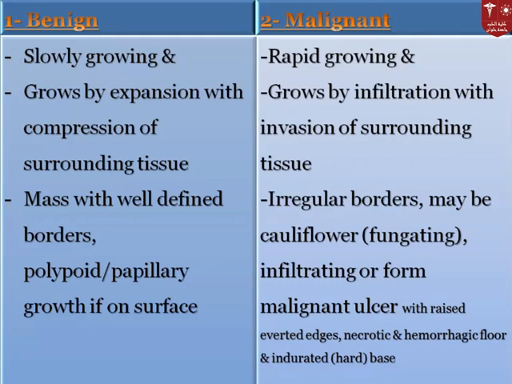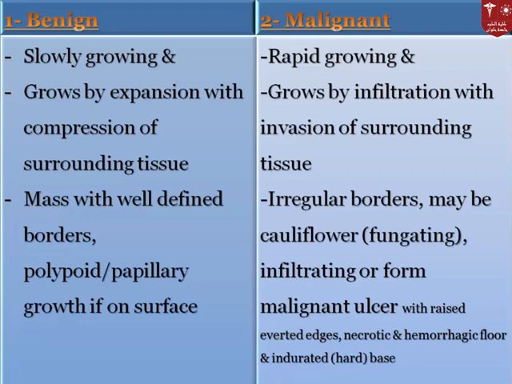The benign tumors, if on the surface, may form papillary projections, also called polypoid projections or finger-like projections if on the surface, or they give us a well-defined solid or cystic mass if in a solid organ or internal organ, okay? However, the malignant tumor has a characteristic description in which it appears as a cauliflower-like